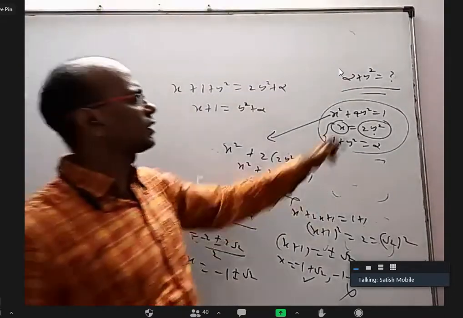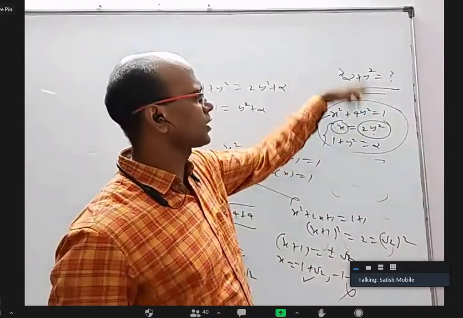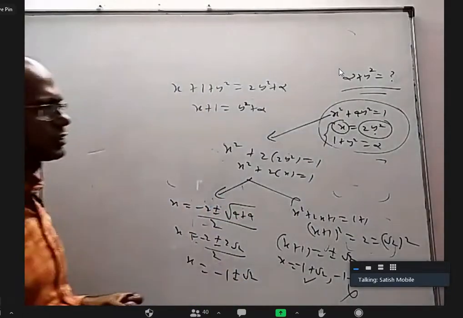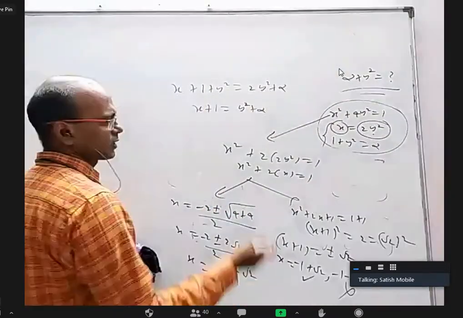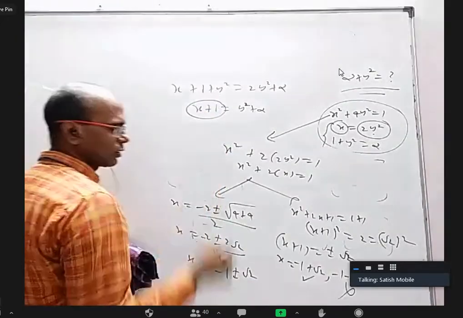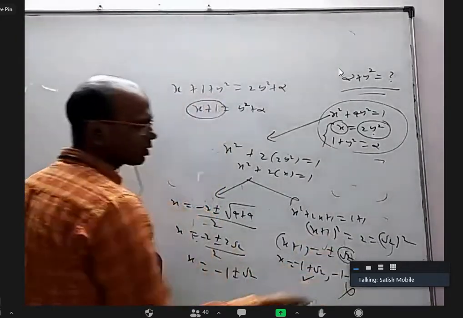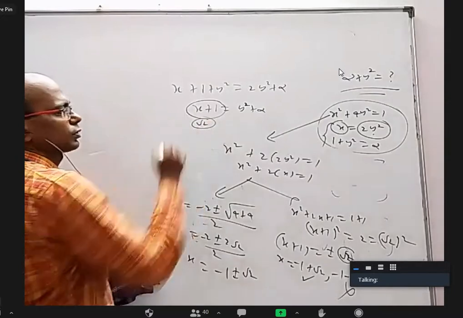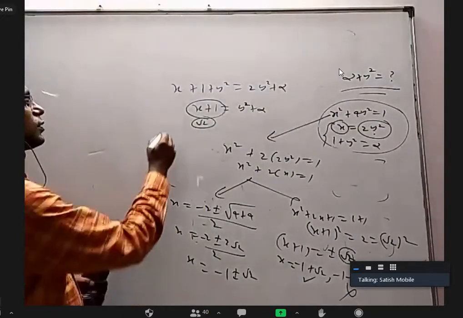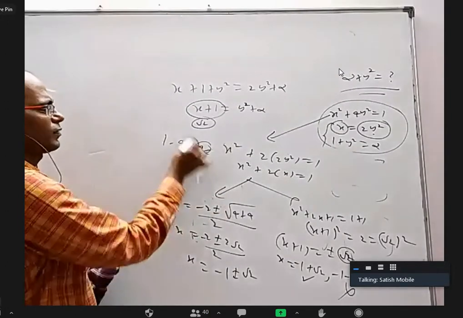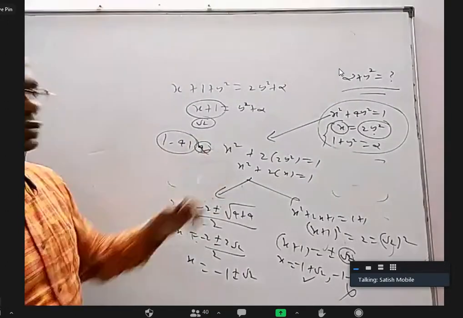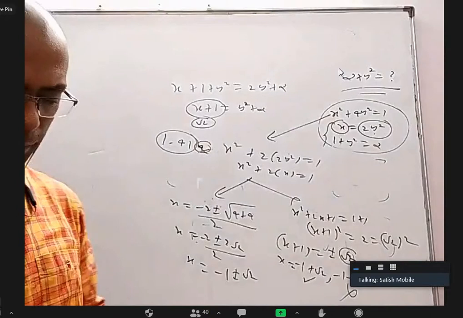In fact, you can even write here alpha is 1 plus y square and try to find 1 plus 2y square also. It's the same thing. Anyway, so now this x plus 1, I should only take plus root 2 but not minus root 2. So you can put root 2 here. So the answer is root 2, which is 1.414. Because it's a number less than 5, neglect it when you round it off to 2 decimals. That's how the answer is 1.41. Is it okay?